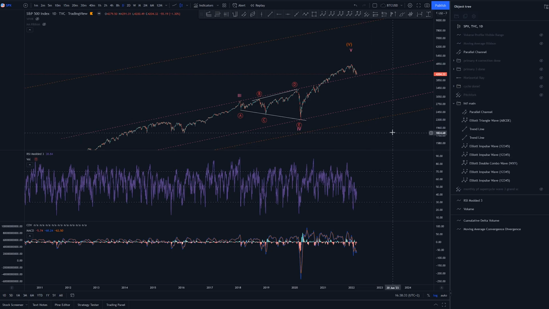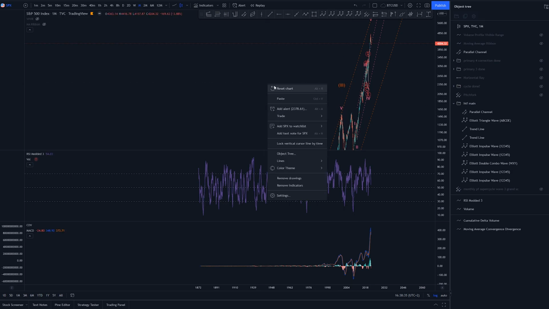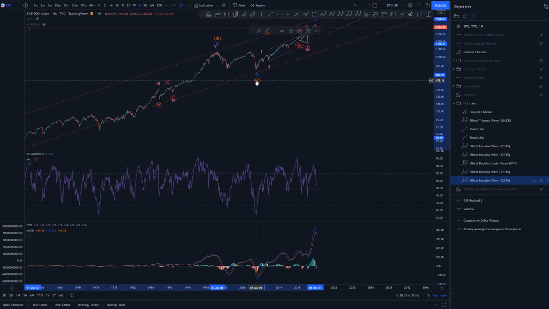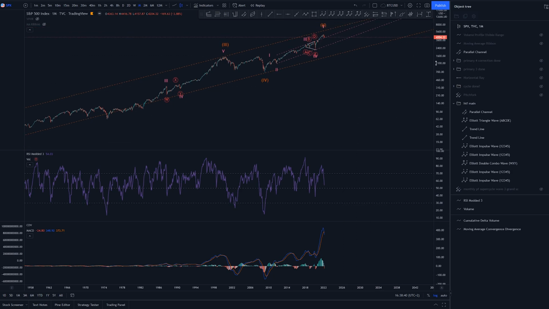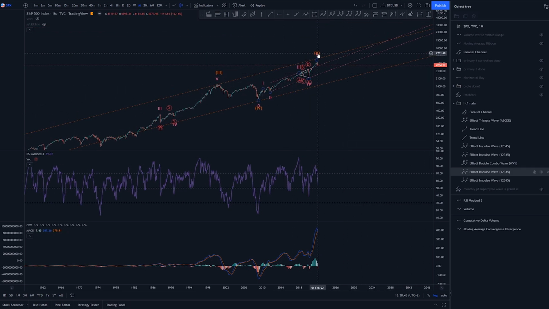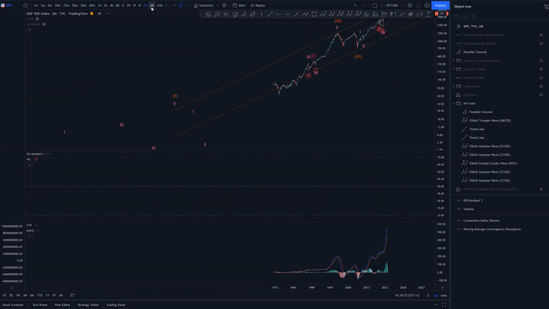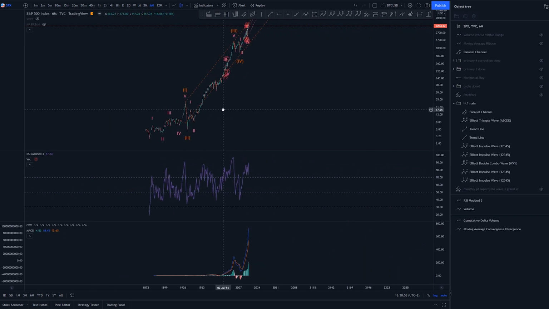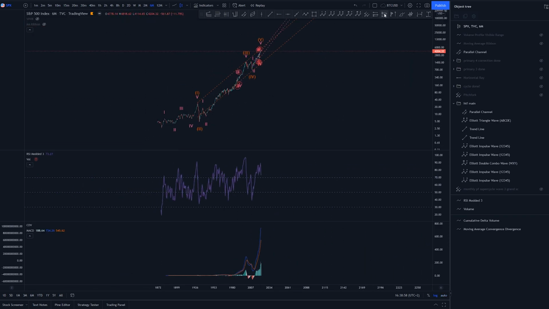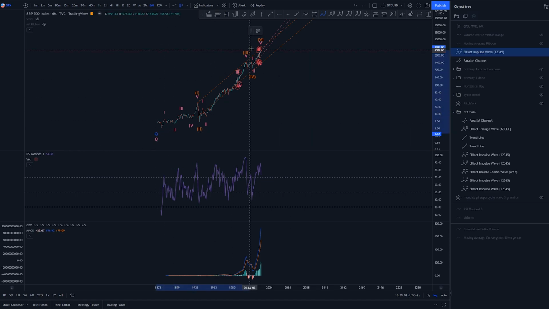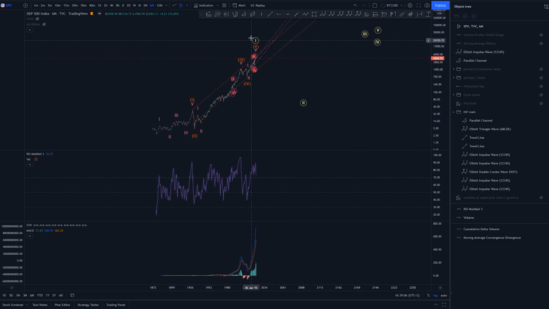Another channel that I had is the Supercycle one. And there is, again, if this is the fifth of this cycle, it is completing the fifth of the Supercycle, which would mean a lot. This would mean that this would be one of Grand Supercycle, and we would come down for wave 2,